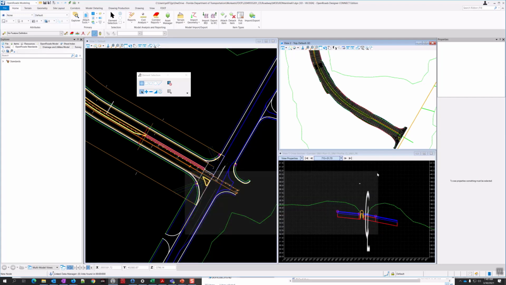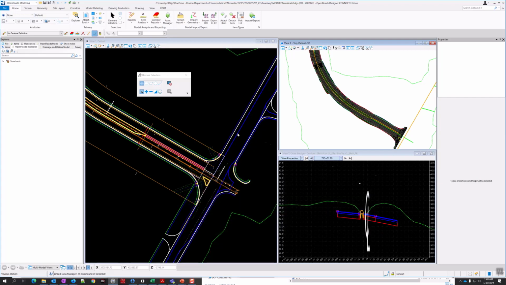So I'm going to close the reference dialog. Let's go to the next step on page 6-3. So we'll come over to the Home tab in the ribbon. We go over to the Model Analysis and Reporting section, right here, kind of about the middle. And we're going to Civil Analysis and click the drop down on that because there's a lot of tools under that.